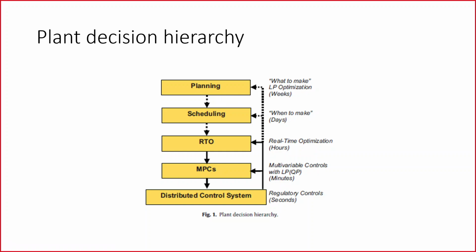And then they base the decision on the crude price, the plant capability, and the product prices. Once they decide, that decision goes to the scheduling department, and they will then tell us, okay, we are going to make more gasoline these days and more diesel those days, or whatnot. We're going to use this crude or that crude. We're going to empty this tank or that tank. So depending on what is happening in the field, they will then make the scheduling. And then once they know in days,